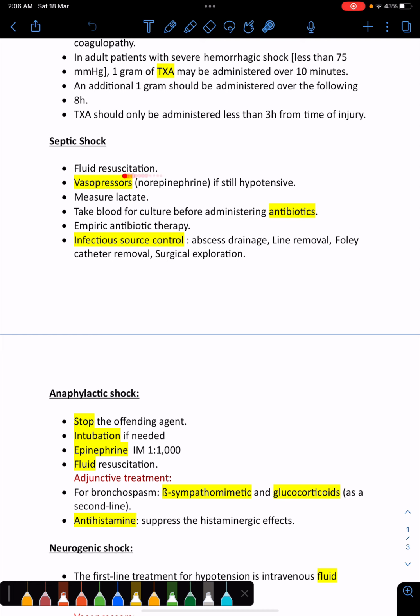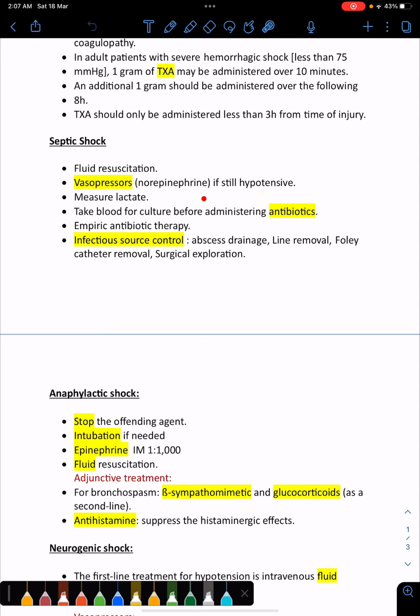Septic shock, like in any sort of shock, we're gonna have a loss of perfusion, or a decrease in the perfusion that arrives to the organs. So why do we give the patient fluid? Because it's shock. The patient doesn't have fluid; the patient has run out of fluid. So that's why we give fluid resuscitation, as well as a vasopressor such as norepinephrine if still hypotensive,